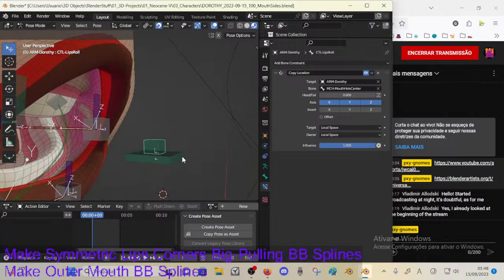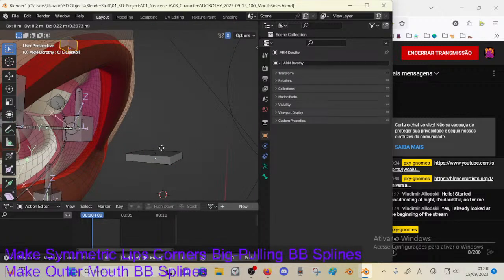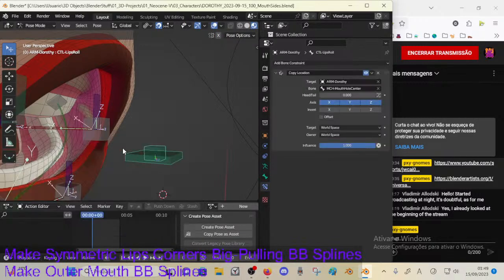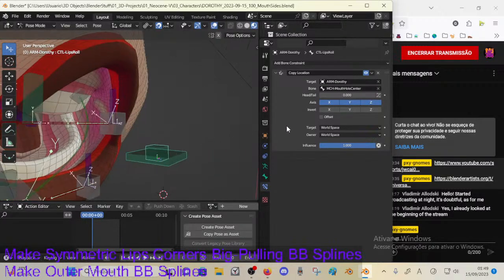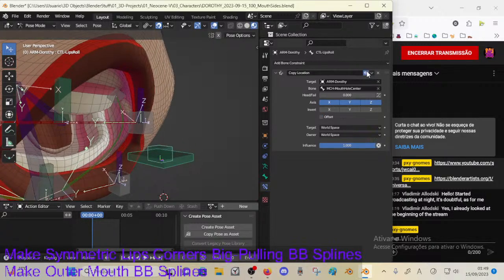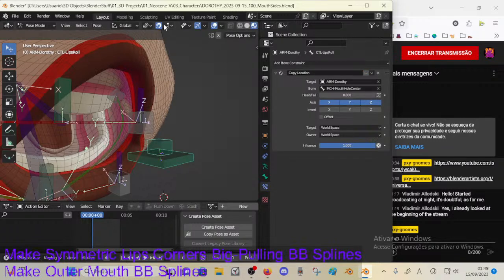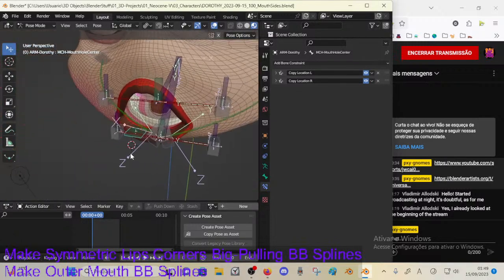No, this can't be. Let's remake it. So it needs to go. Okay, so copy location, that's correct. Not using offset, so okay, that's good enough. Maybe I'm not sure this was the setup, but the fact is that